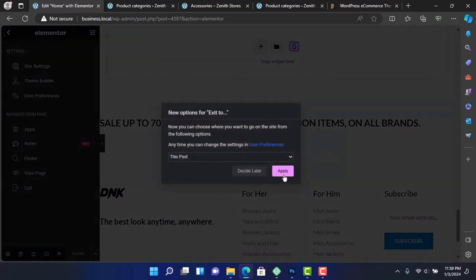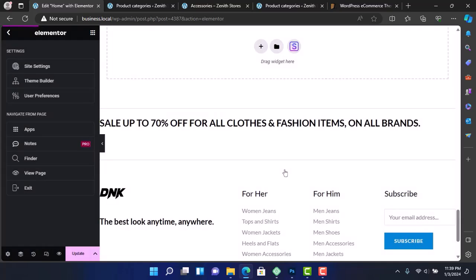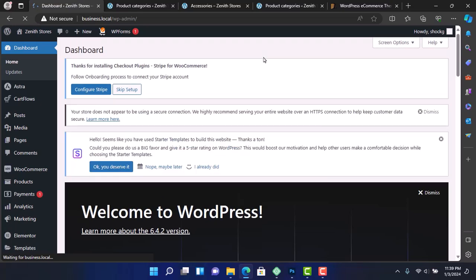I'm going to decide later, each time you exit, where you're going to be exiting to. So let's exit to the dashboard. Let's apply that. So let's leave to the dashboard. Okay, so now if we go to products and all products,